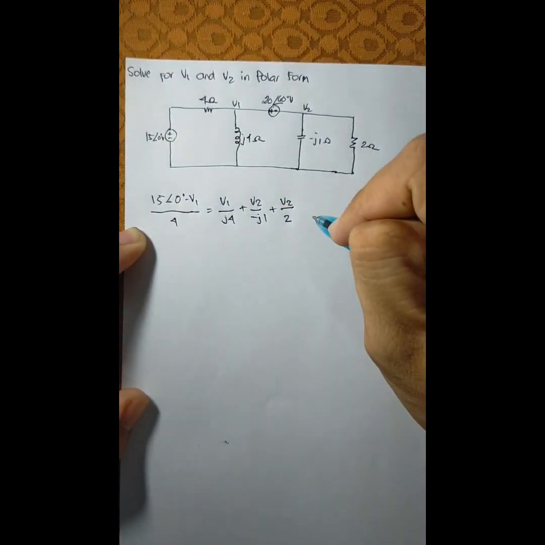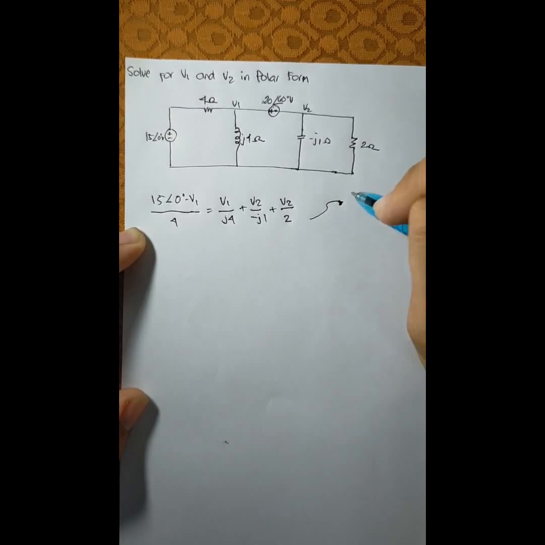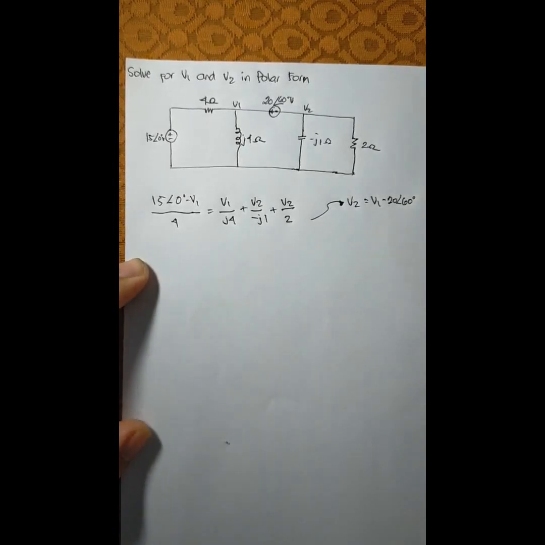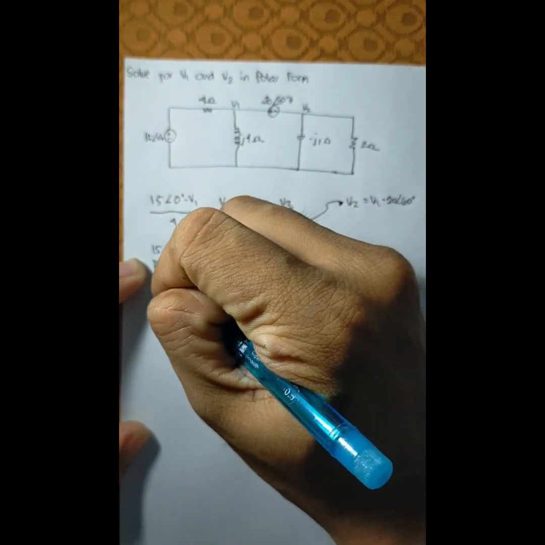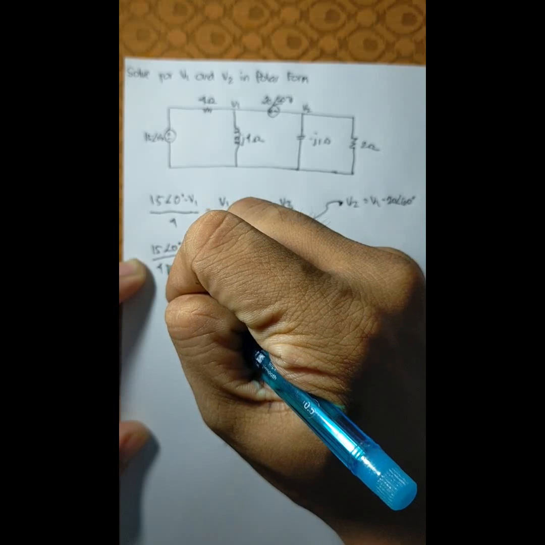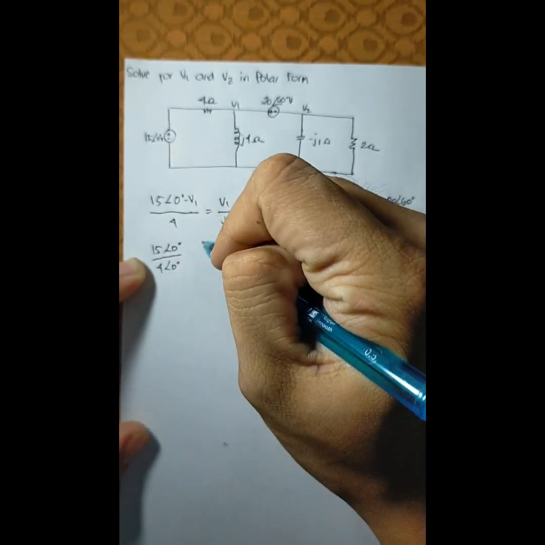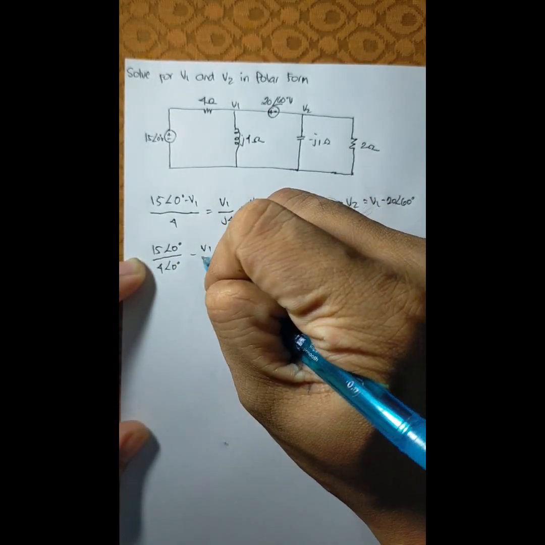So our V2 is equal to V1 minus 20 angle of 60 degrees. So we have 15 angle of 0 degrees over 4 angle of 0 degrees minus V1 over 4